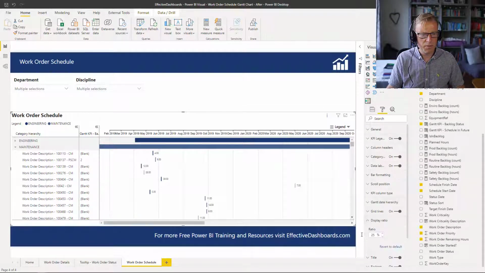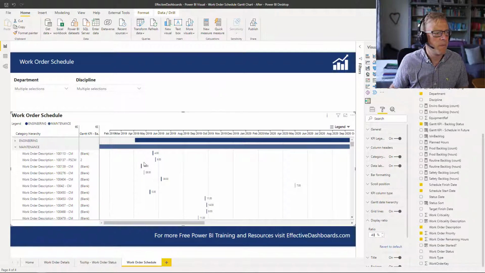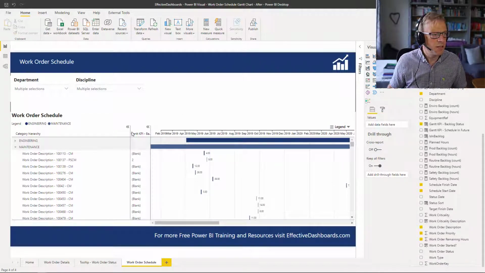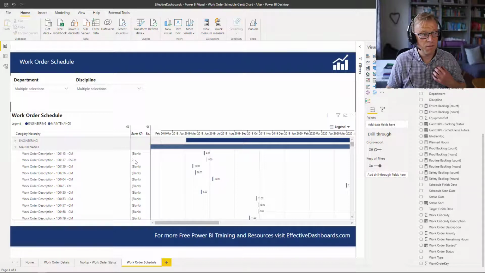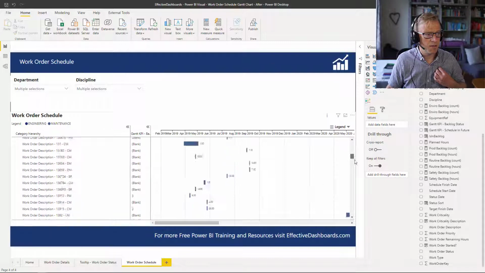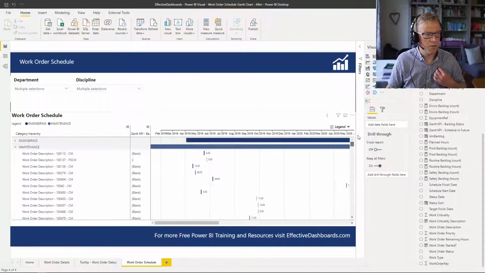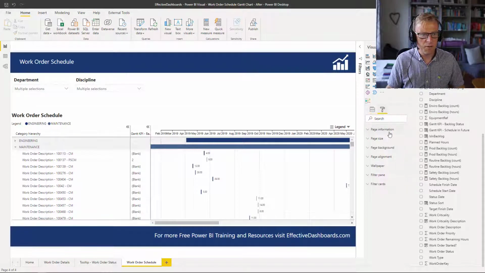Display ratio, let's move it back up to 40 for the time being. We can always reduce it later on again if we need to. So it's added a new section. Now each of these sections can be collapsed, and we can see that we've got blanks and then we've got 2s. So these are a 2. Remember, that was if it's a safety critical work order. We can see there's some 3s in there, some 1s and some 2s. Okay, so that's the first thing we need to do. But the other formatting option we've got